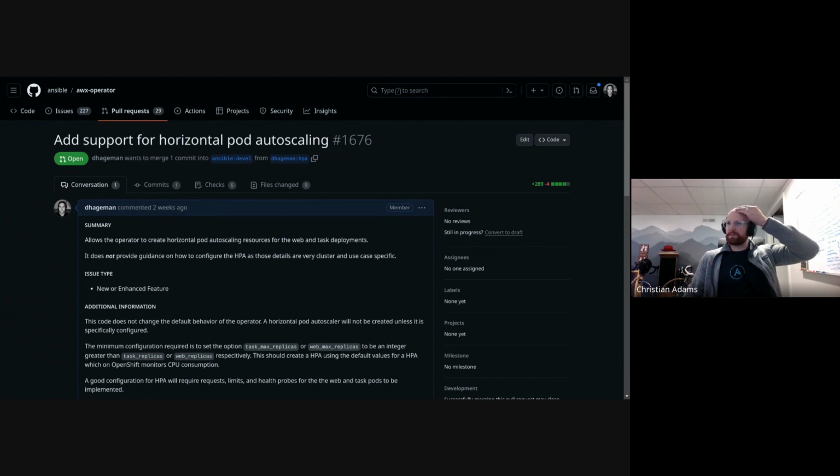The thing I'm trying to avoid a little bit is this: if we don't manage the HPA at all, then we don't have all of these new fields on the AWX CRD, because there are a lot of different toggleables on an HPA resource. Over time, if we're managing it, users are going to want to toggle the different things. So since it's all just YAML, I think it might make more sense to let the user define that,